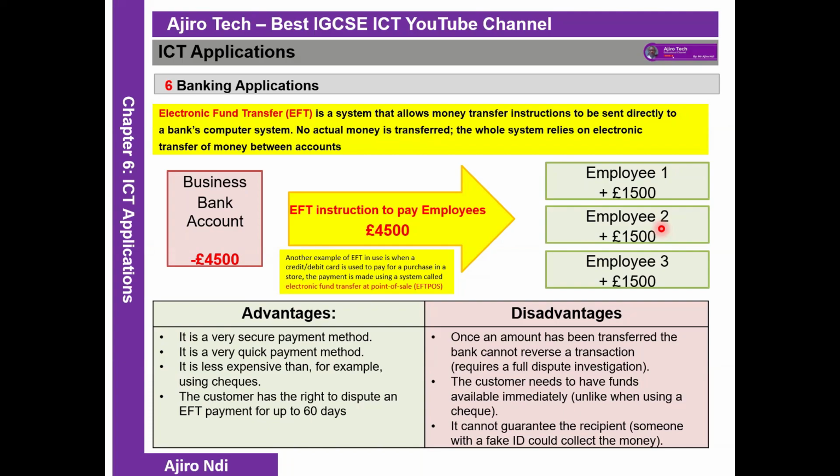So if the instruction being sent to the bank computer system has an employee list that is not updated, in fact, let me give an example. For example, I have 10 employees, 2 employees left. So I have 8. If I don't update the list and send to the bank computer system, and I send the old one still, it's going to pay the people that have left. So that's very, very important.